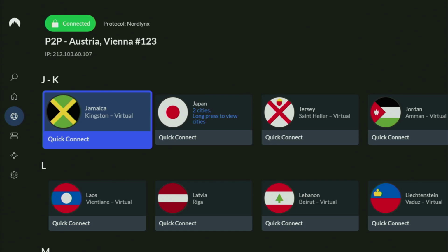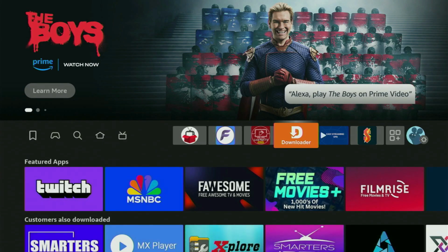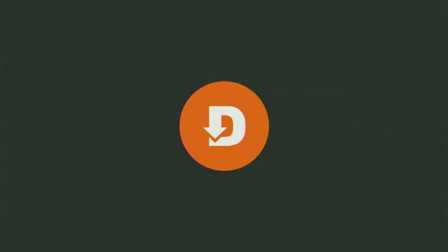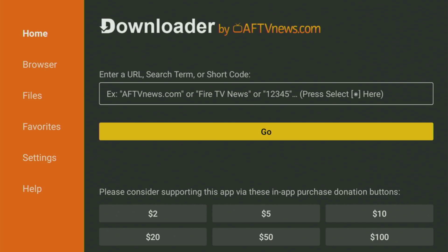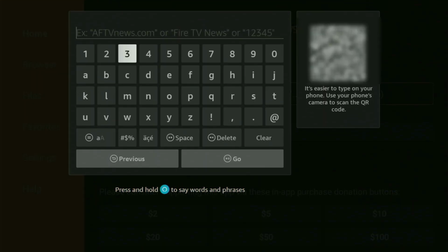And now, finally, let's use Downloader safely. So we just go back to the list of apps on your Fire TV Stick, locate Downloader, and finally open it. Now just wait for it to load, and when it fully loads, you just go to the search bar and start typing in the code, which will be 7, 2,